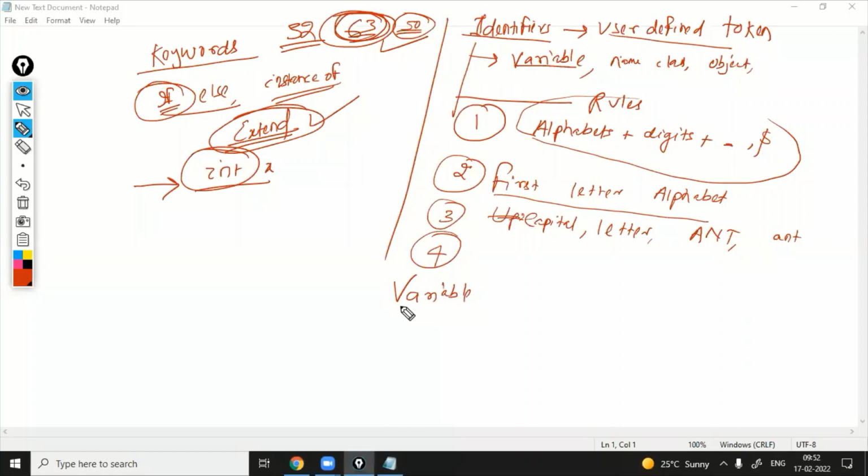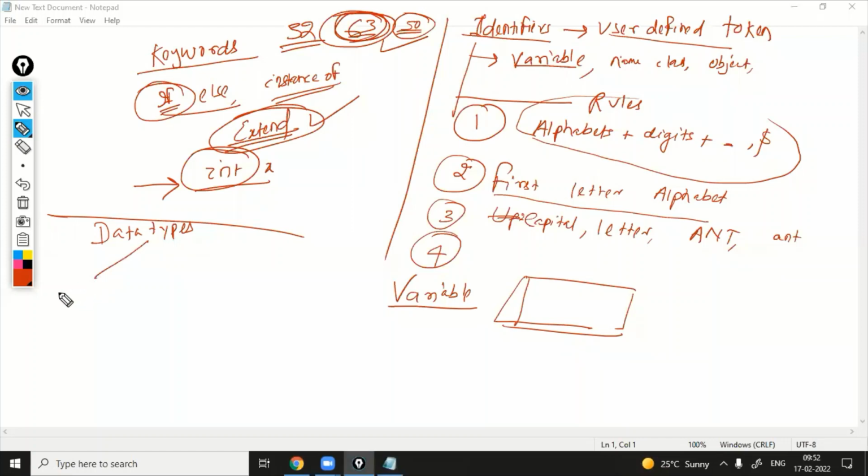Before, I told you a variable is a container. It is going to store some value, but that's why you have to know what a data type is. While you declare a variable, you have to tell which type. Here I'm going to tell what the data types are. It is necessary to define them.